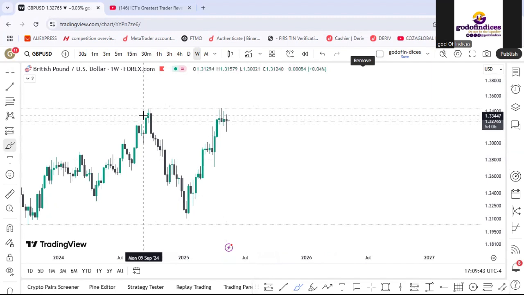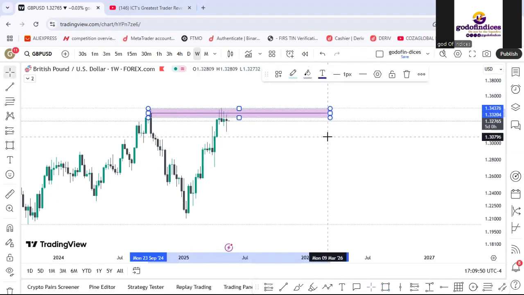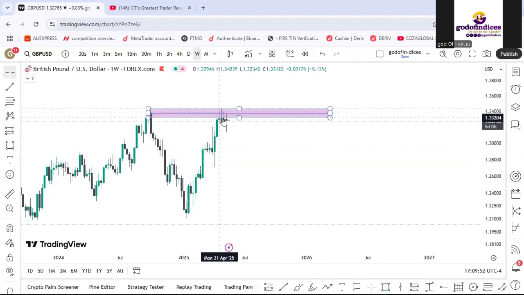So if we look here, the major thing we're looking at currently on GU is this order block right now. If you see, this is so precise because you see price is rejecting off the